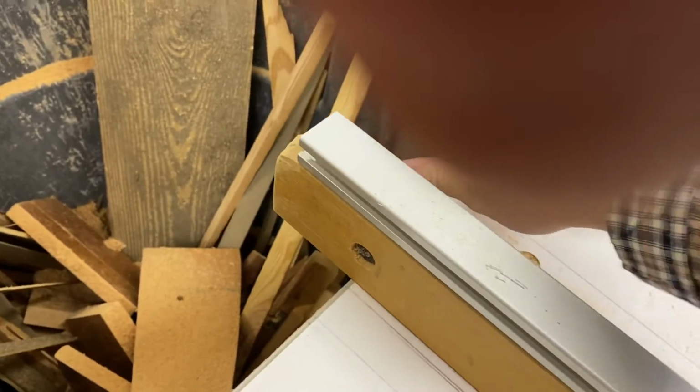So my next purple line is the upper, or the lower dado. And I can check that with my scrap that I set up. So I'll often take a piece that I've already done. And this one you definitely